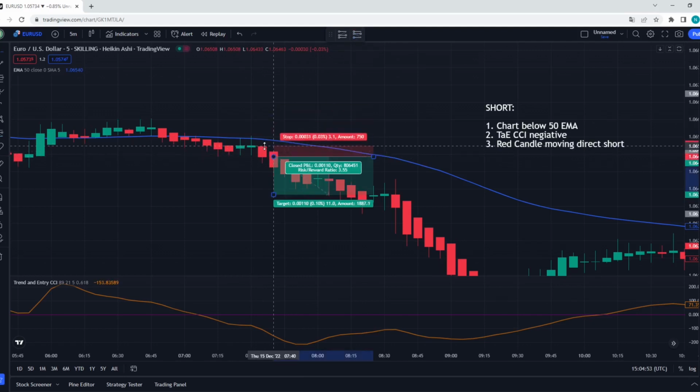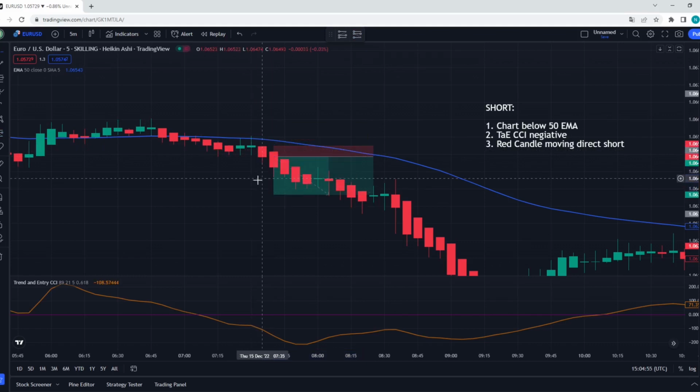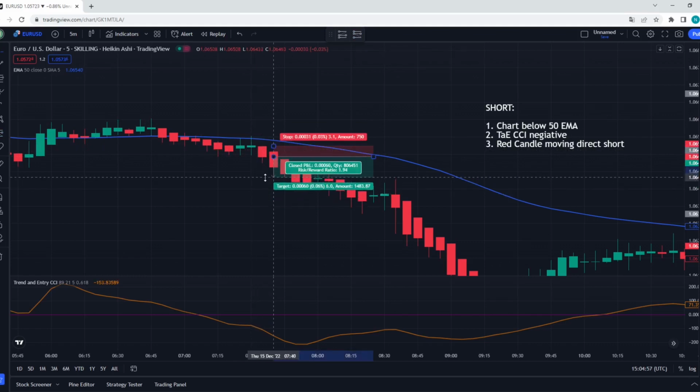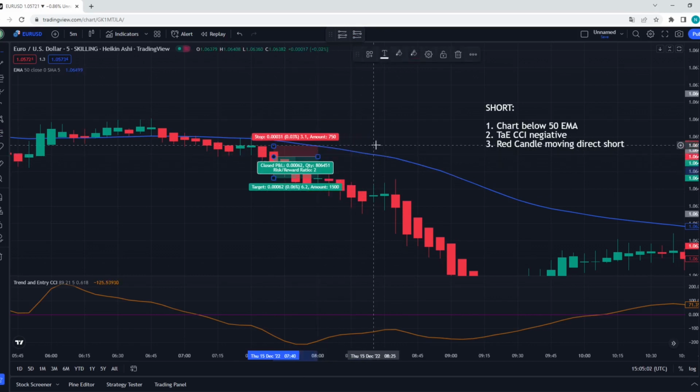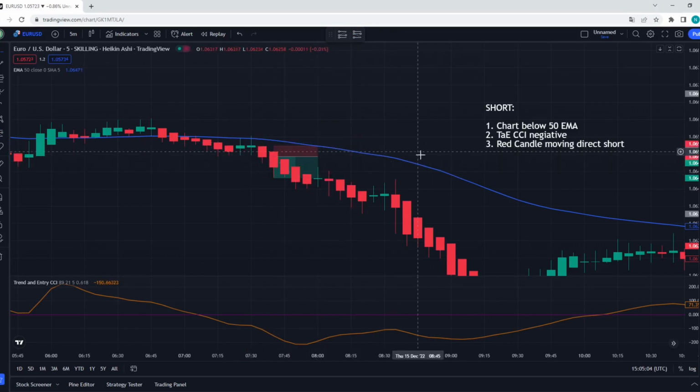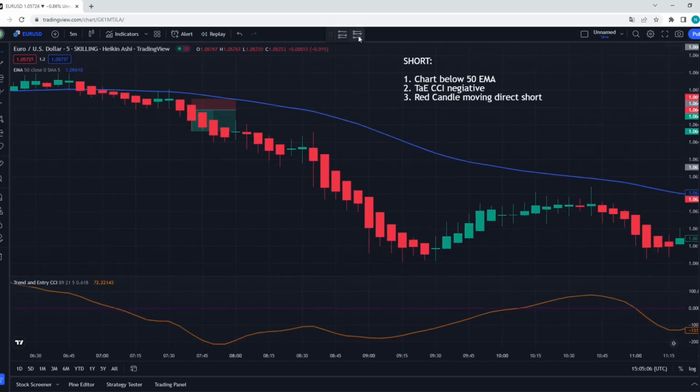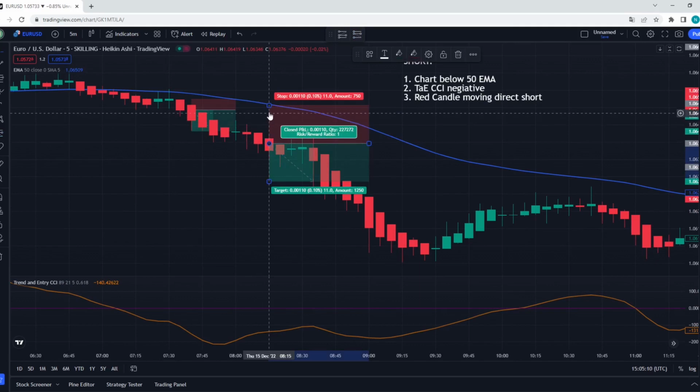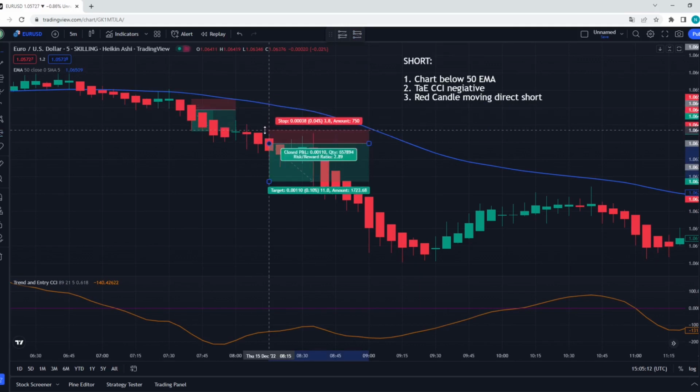I put my stop loss right here at the recent swing high. We will leave the trade over here with a risk reward ratio of 2. So here we got one winning trade. Then our second trade, here we will again enter the market, put our stop loss over here,